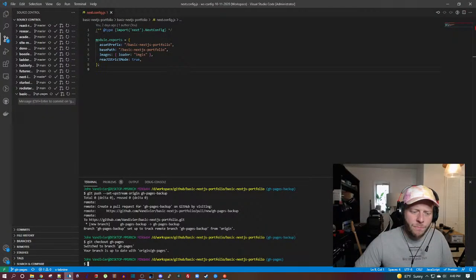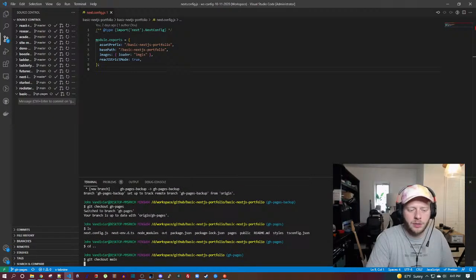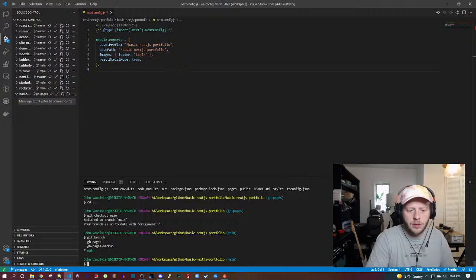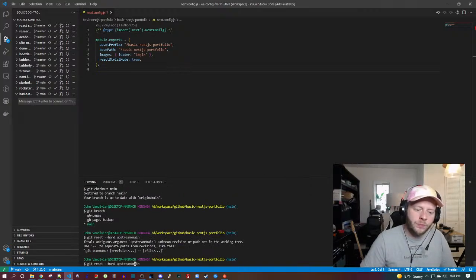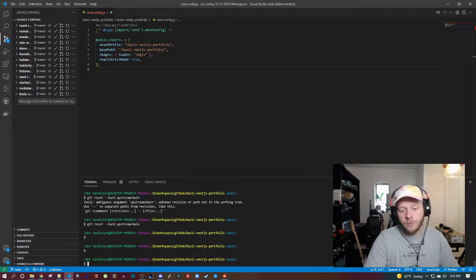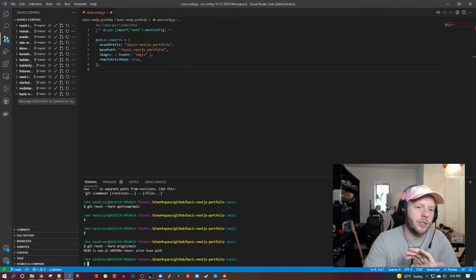So I'm going to navigate up a level and check out my main branch. Okay, cool. So I did a hard reset on origin main, which is making sure that the code that I